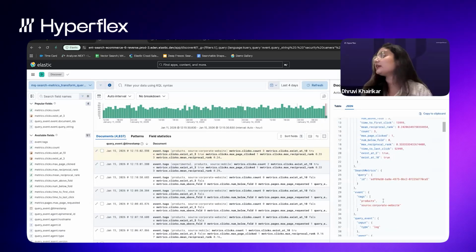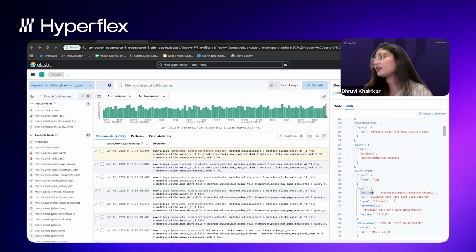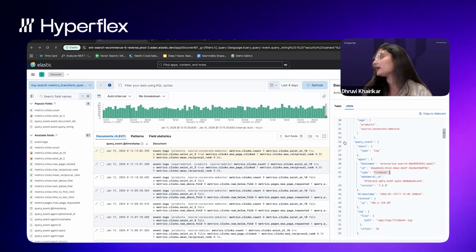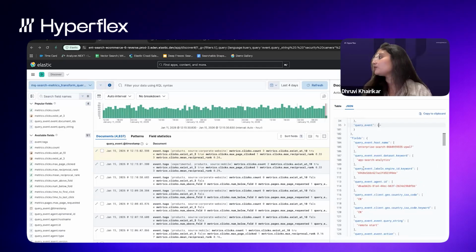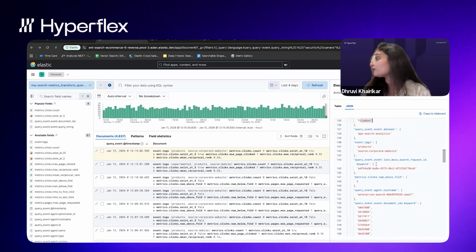Okay, so in event tag, it says products. The source is the corporate website, which is the website that I was using. Then we have agent name. I'm using FileBeat as I mentioned, so let's skip that. Then we have timestamp, and we have so many things. We have FileBeat again, and also